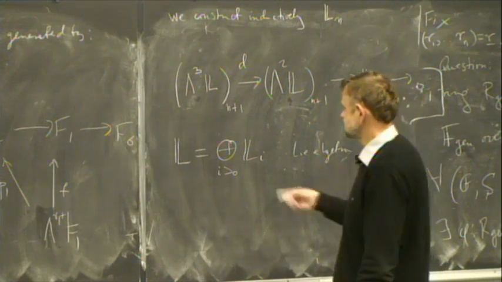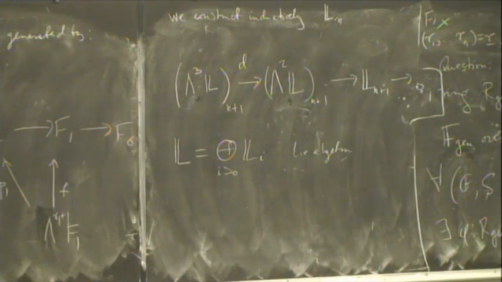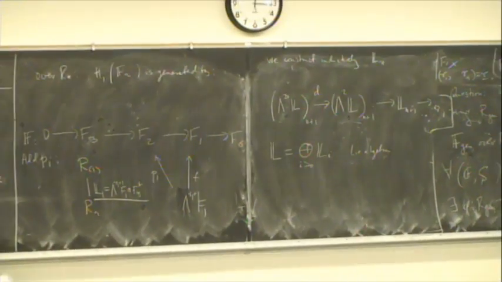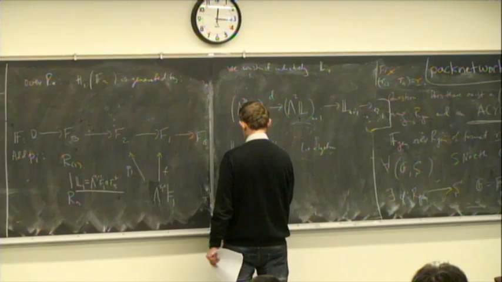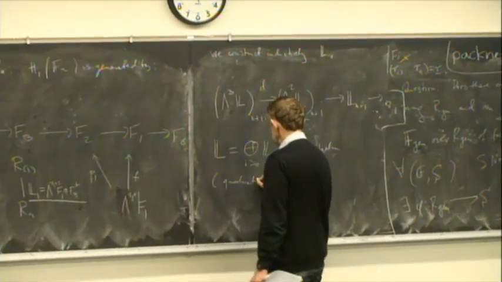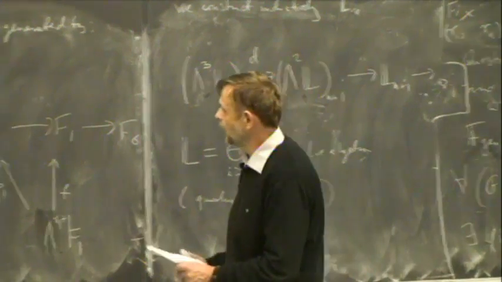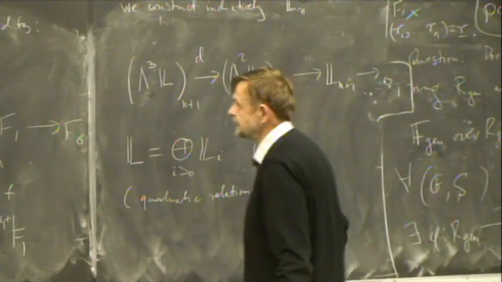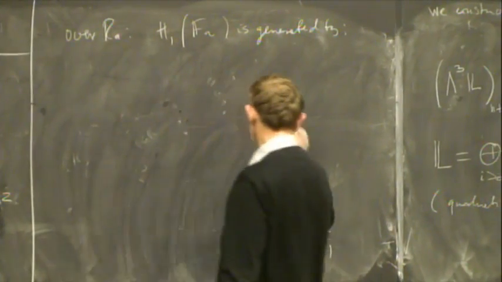And then L, which is the direct sum of the Li's, is a Lie algebra. In this case, it turns out that there are just quadratic relations. It's a universal algebra on as many variables as you need, and you just have quadratic relations, which you can already see from L2. That's kind of an accident. And it turns out that I could construct the whole thing. In fact, one has to switch again. Since I have this choice of a complex, I was using a companion complex to define this